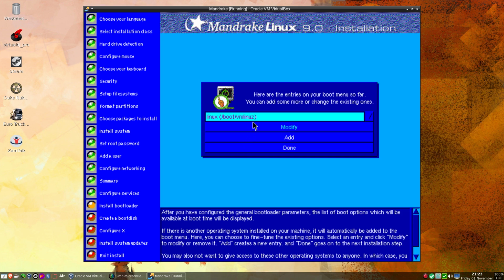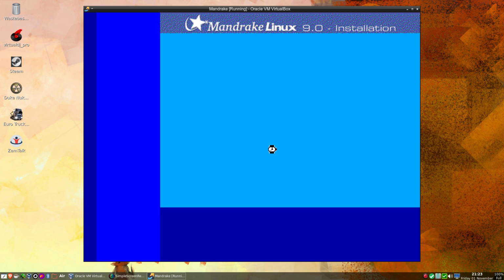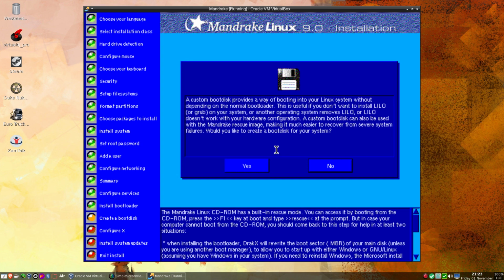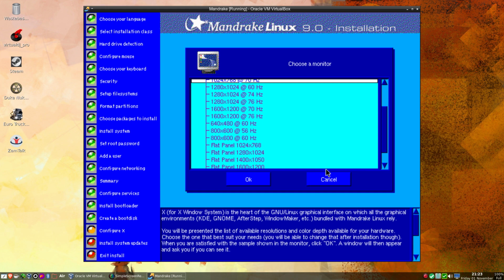Lilo. And we'll leave that bit there, done. And that's the bootloader. Okay, just in case, would you like one of these floppies? No. And then we get into